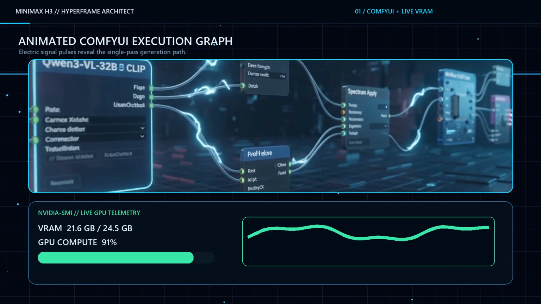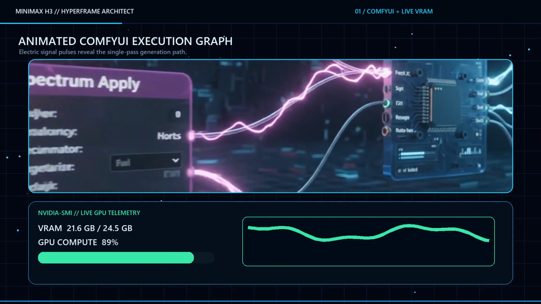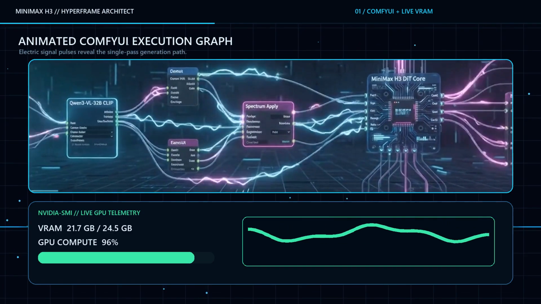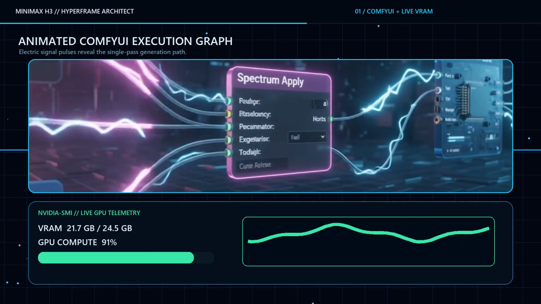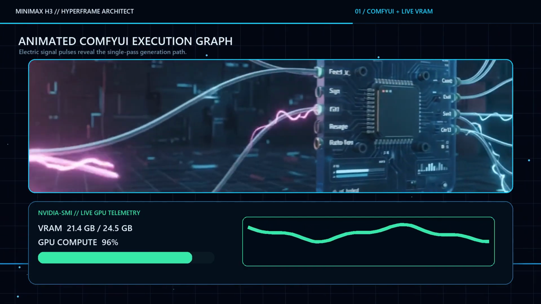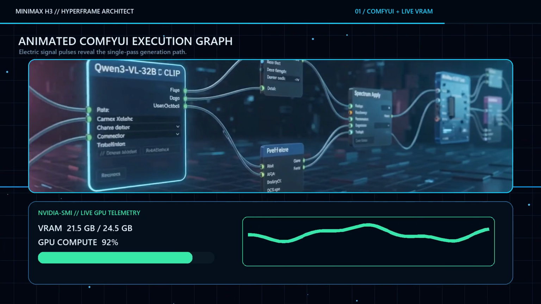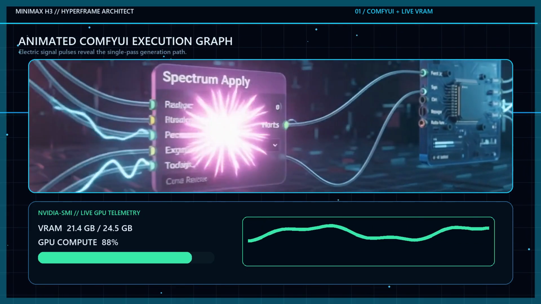MiniMax H3 is a breakthrough 33 billion parameter omni-diffusion transformer that unifies video generation and 32 kHz stereo audio synthesis into a single forward pass. Loading the 14.9 GB Qwen 3 VL text encoder alongside the INT8 NVFP4 diffusion core requires precise VRAM management. With ComfyUI speed optimizations, our VRAM footprint stays at a steady 21.7 GB on a single RTX 3090, avoiding VRAM